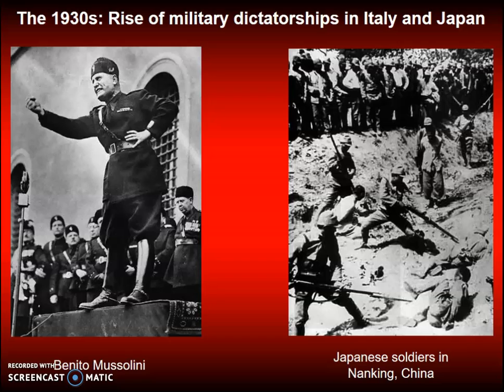In Italy, we'll see the rise of one-man rule under Benito Mussolini. He, too, like Hitler, used military spending to provide jobs for the unemployed. He was aggressive in seeking to restore Italian pride on the world stage. For instance, in 1935, Italy invaded Ethiopia, and in 1939, Albania was invaded by Italian troops.